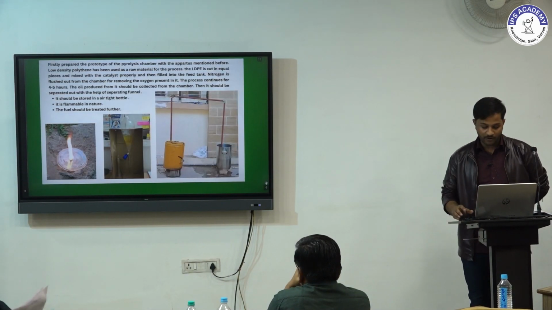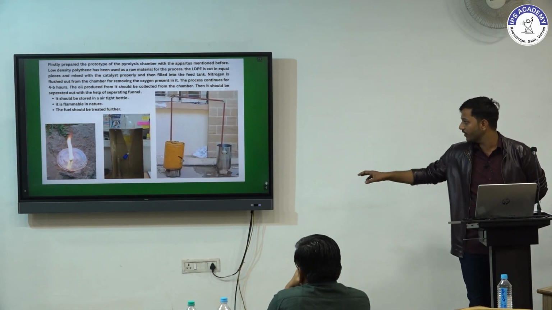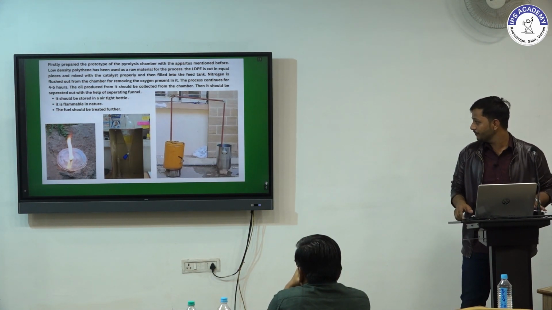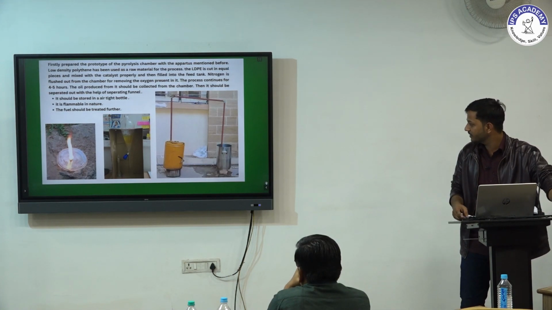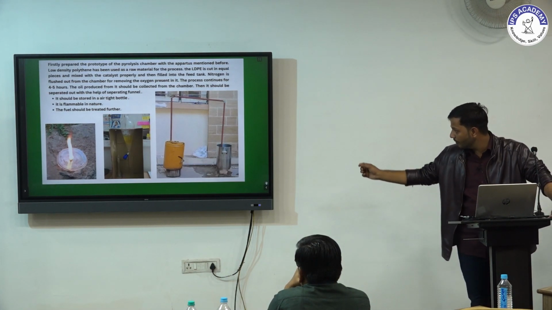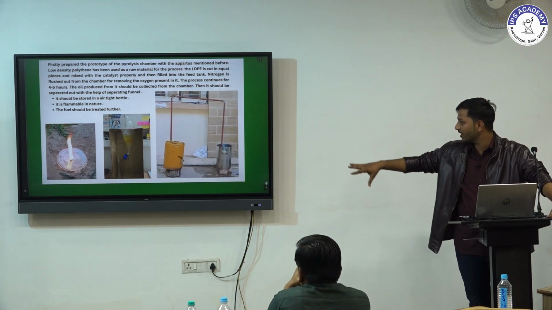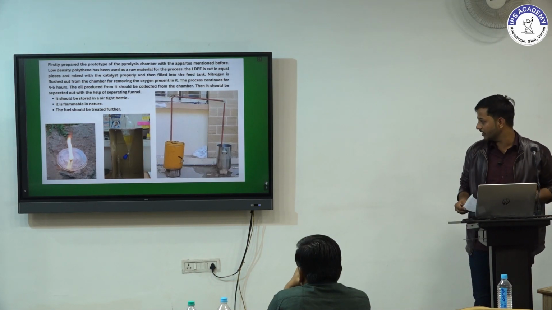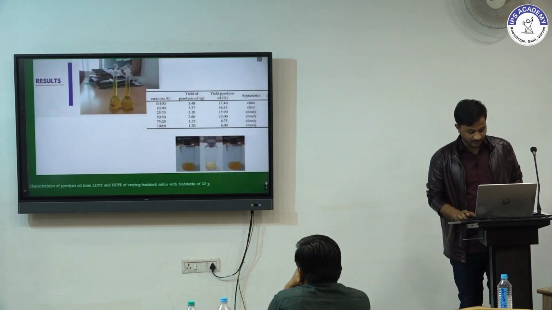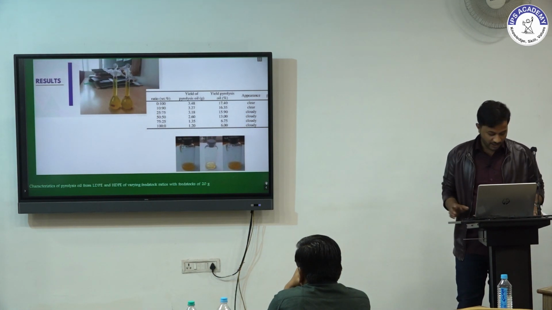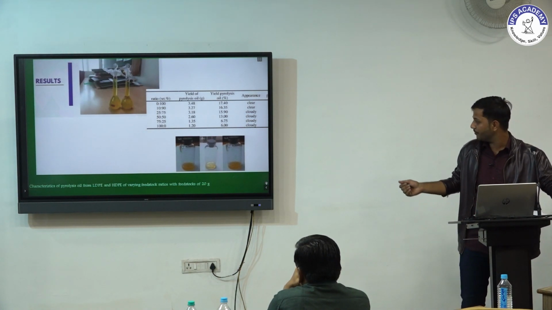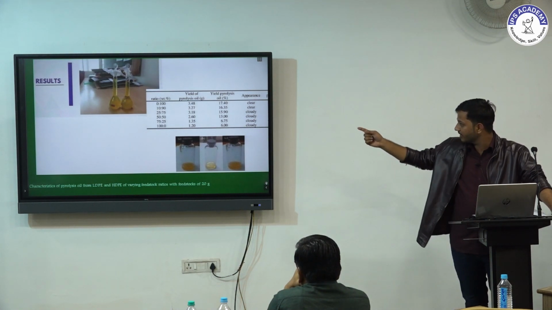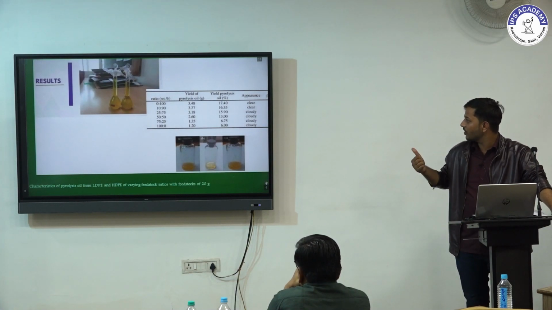This is the prototype of pyrolysis which we have made and worked upon, where the yellow orange container is our feed tank and the other one is the collecting container. To make it oxygen free, we flush nitrogen gas from the valve. Now for the results, we have the characteristics of the liquid. Here I have taken the ratio of LDP and SDP of varying feedstock. As the percentage of SDP is increasing, the yield of pyrolysis oil